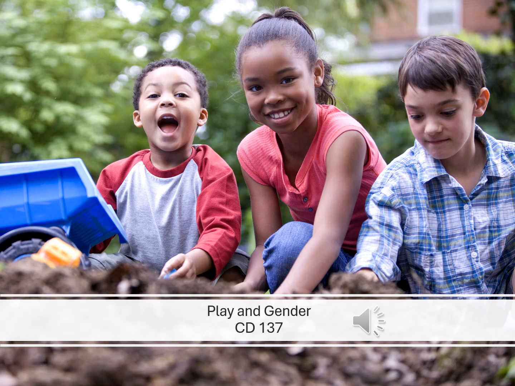This lecture is about how play and children's gender work together. So essentially it is looking at how the play of boys and girls might differ from one another. I do want to note that this lecture is using the binary of male and female or boy and girl,